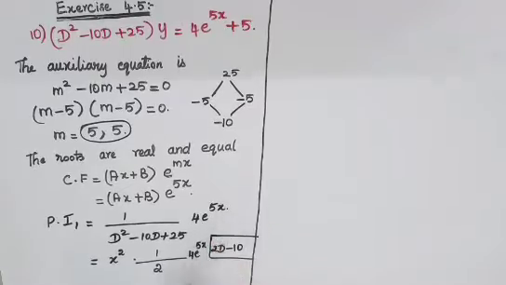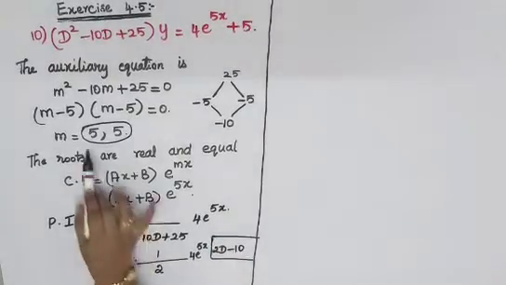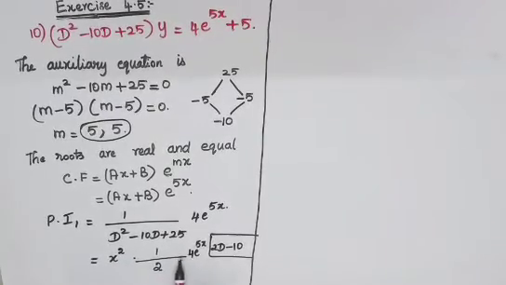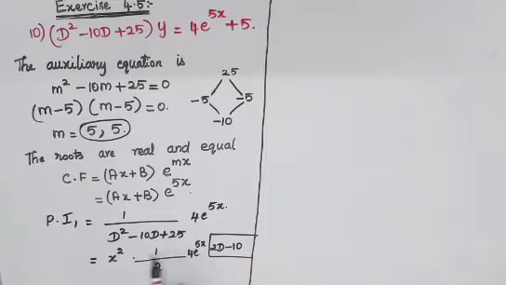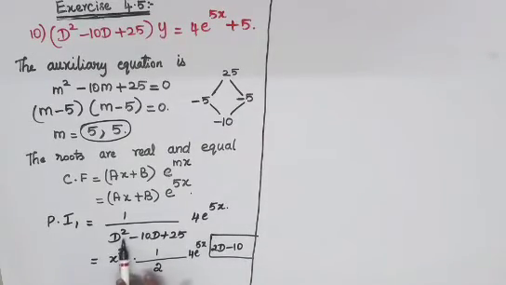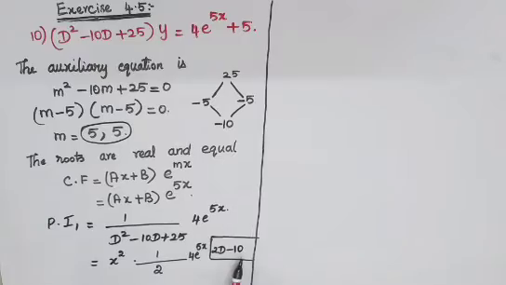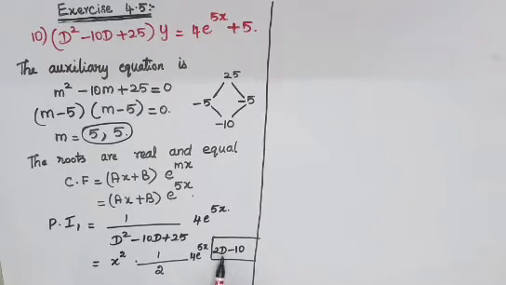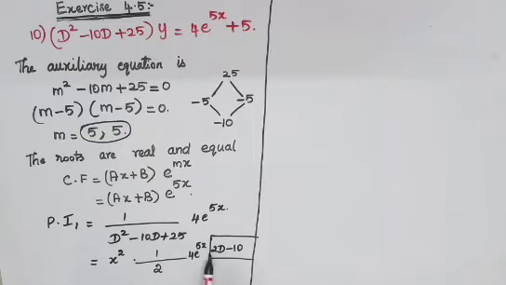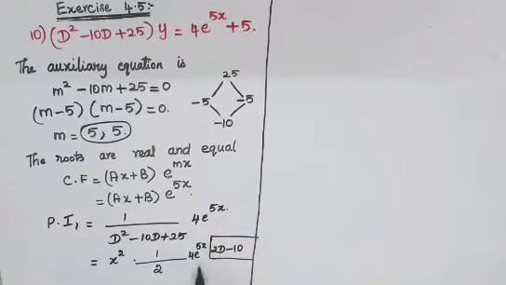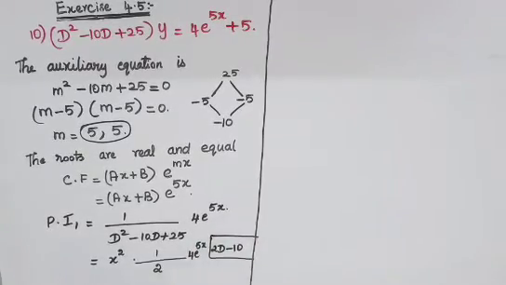So what you'll have to do is just introduce your x square, because both answers are the same. So introduce your x square, put 1 divided by, do twice your differential. Okay, so first time differential I've done it here. So D square, when you are differentiating you will get 2D, minus 10D when you are differentiating you will get minus 10. So that is your first time differential. And one more second time differential, straight away you come to your sum. Okay, so 2D when you are differentiating it will become 2. So I just wrote 1 divided by 2 over there. This part is there as it is, 4 e power 5x. Clear? So now the next step is,